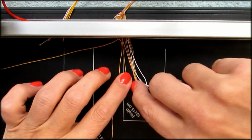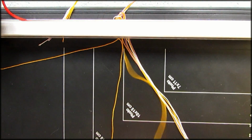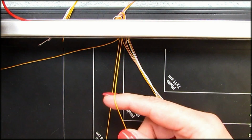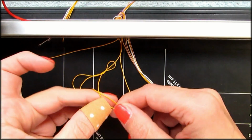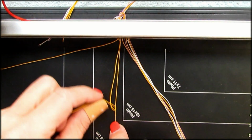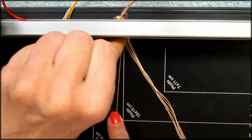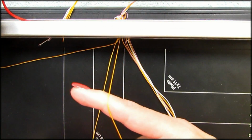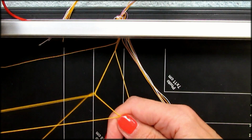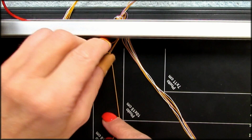And I'm going to pick up my second orange, and I'm just going to leave these threads like that. I'm not going to try and untangle these from the whole bunch I got here. So I'm just going to pick it up, and I'm going through it with my thread, and I'm going to hold that down straight, and I'm going to go up as far as possible. Do it again. My thread is on my finger. I'm going to go over it, loop it, pull it through,